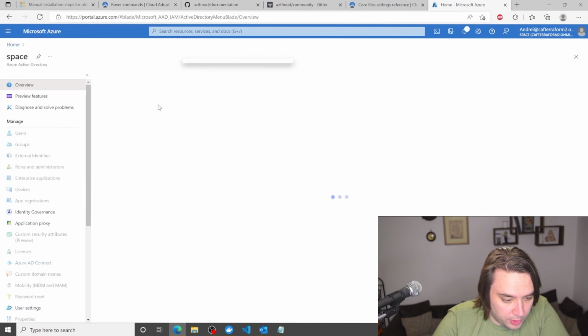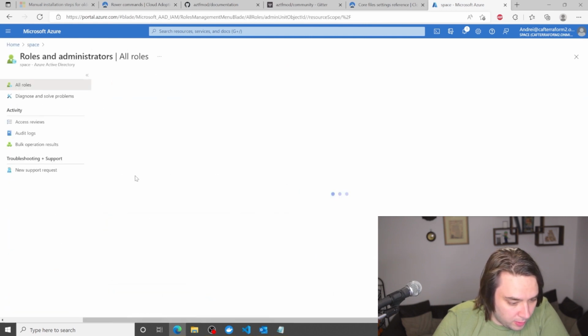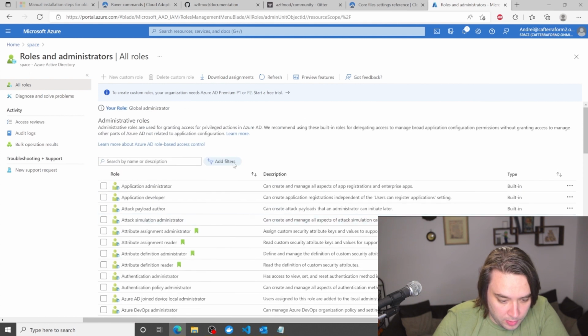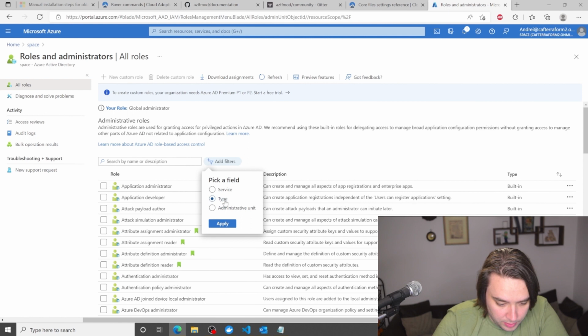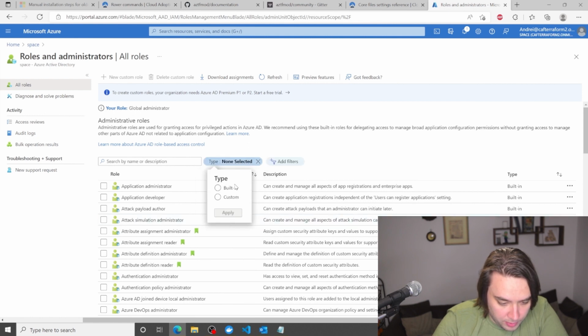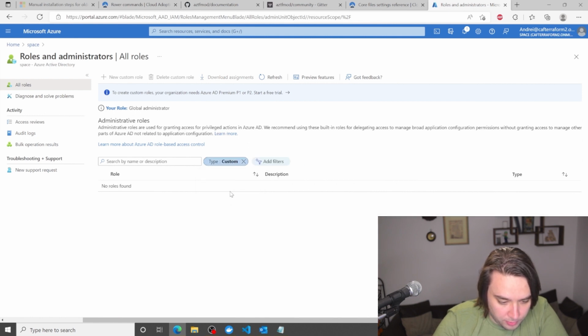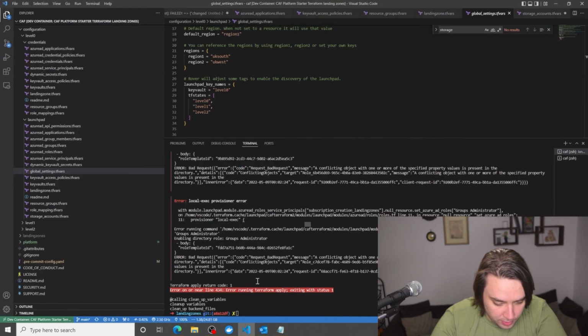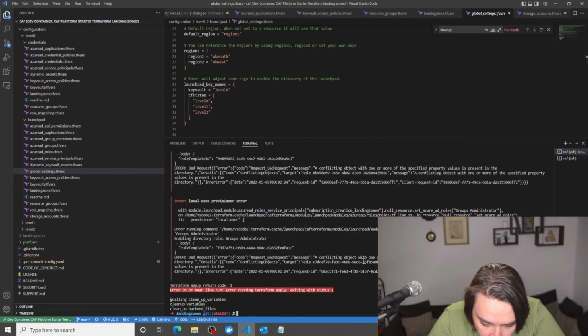If I look on Azure Active Directory, I look at roles, and I will now look for a filter, and I would search for a type. Now I would search for a custom role. Now it hasn't created the custom roles, which is really interesting. Let's just have a quick look again. So a conflicting one is present in a target role. A conflicting one or more specified property.